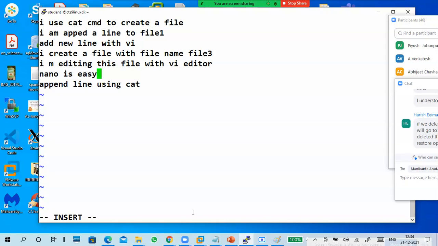Maybe I want to change something. Nano is easy and simple. So I can modify here. We can use backspace to delete like this, but sometimes it won't work. I will tell you how to delete, which mode it will work in and which mode it is not working in. Delete is different. See, the cursor is at S and I'm pressing the delete button. If you press backspace, like that.